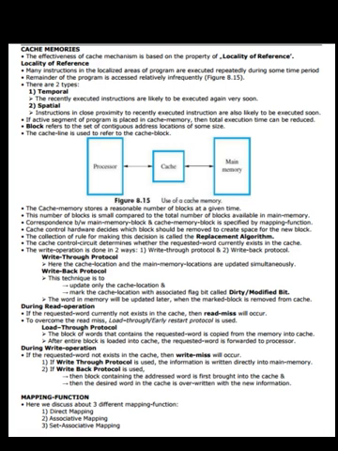The write operation is done in two ways: write through protocol and write back protocol. Write through protocol: here the cache location and the main memory location are updated simultaneously. Write back protocol: this technique is to update only the cache location and mark the cache location with an associated flag bit called dirty or modified bit. The word in memory will be updated later when the marked block is removed from cache.